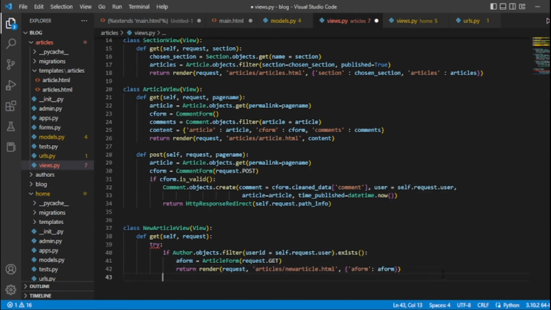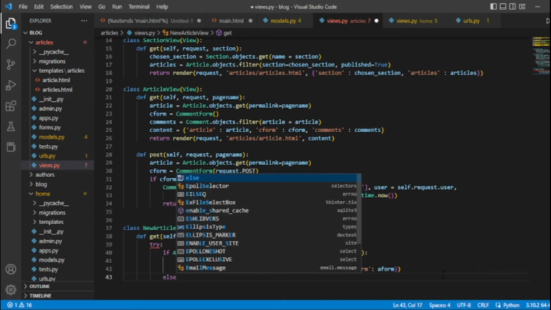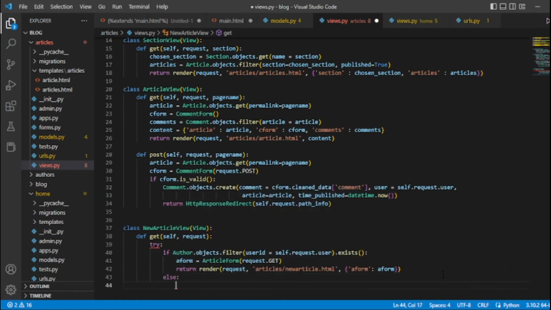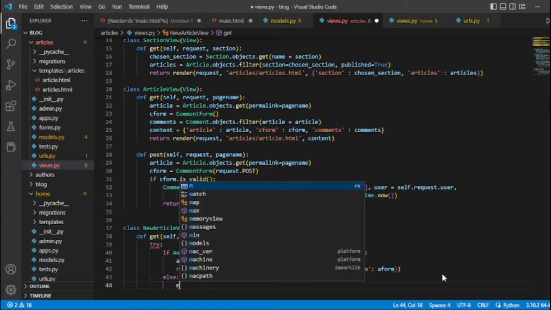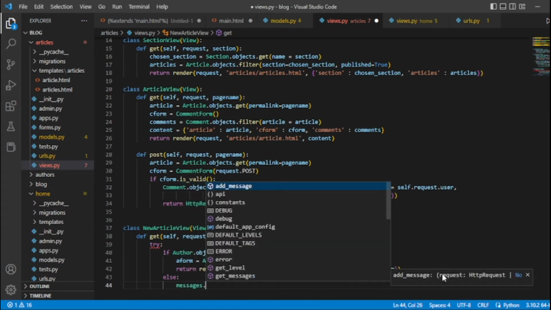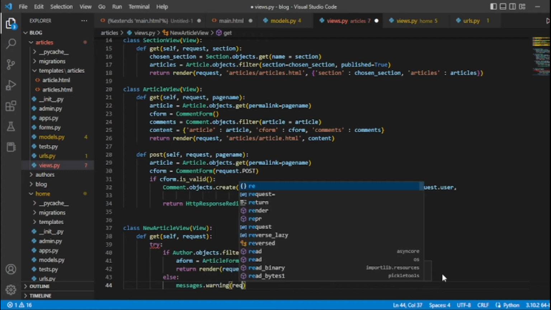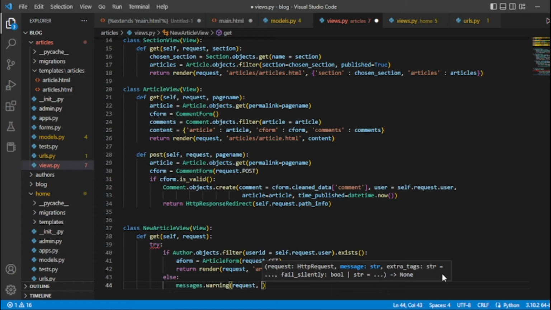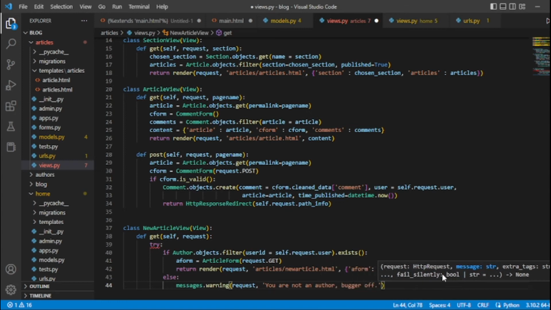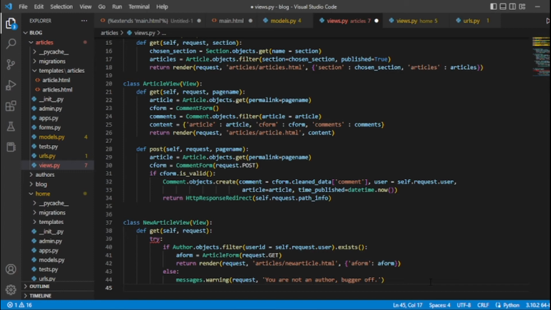So now if the user isn't an author, we tell them to bloody well piss off. Right, messages.warning request, and then we have a message: you are not an author, bugger off. There we go. And then we redirect them back to the home page, because we do not want them on this page. Return HTTP response redirect,